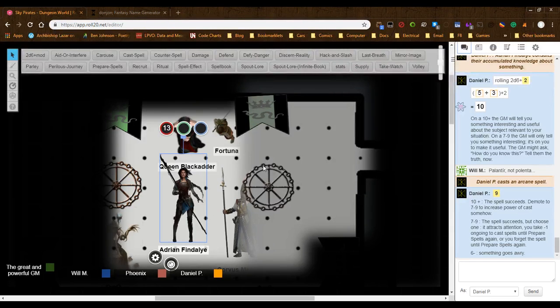The purple glowing eyes in the depths of the orb that Phoenix is holding will resolve themselves into the ghostly image of...